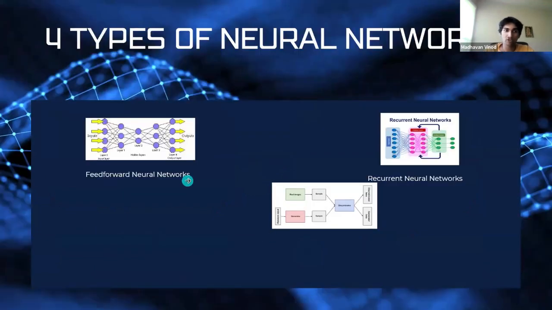Okay. So there are four types of neural networks. We're not going to spend too much time here, just going to briefly go over it. If you don't understand what it is, that's perfectly fine. We're going to be sending out a recording. Feel free to go back in the recording and look at this part. You could probably do a Google search or watch a few YouTube videos. I think there need to be more YouTube videos talking about these in simpler terms, because these are pretty simple when you go into it. So I'd highly recommend looking into it.